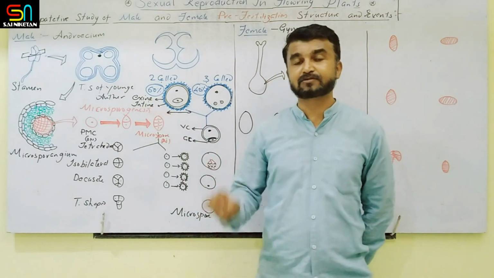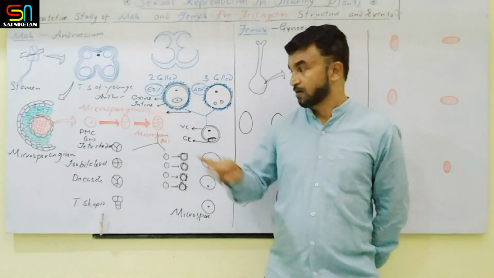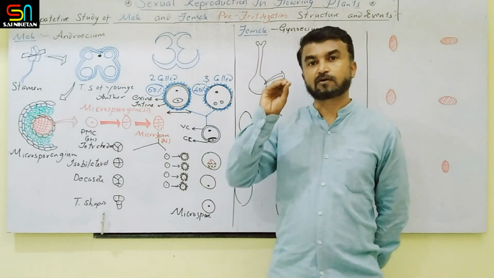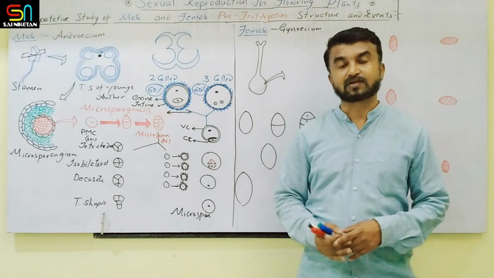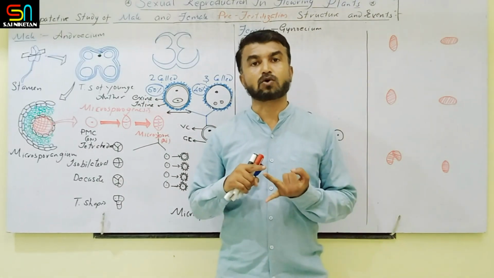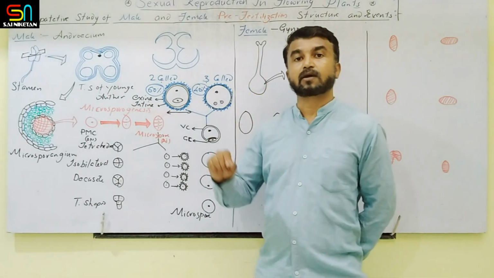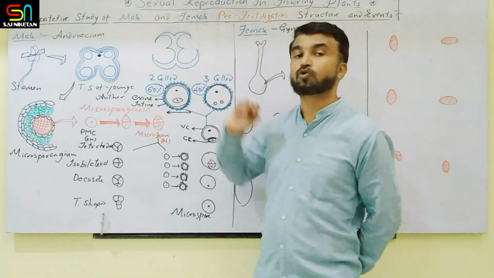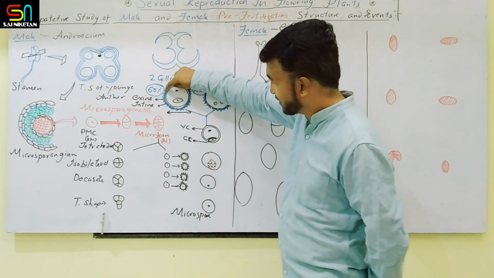The exine is made up of a specific chemical called sporopollenin. Sporopollenin is the toughest organic substance present in the exine that can withstand high temperature, strong acid, strong alkali conditions, and even till today not a single enzyme will digest that sporopollenin. But this sporopollenin is present everywhere except at some points.